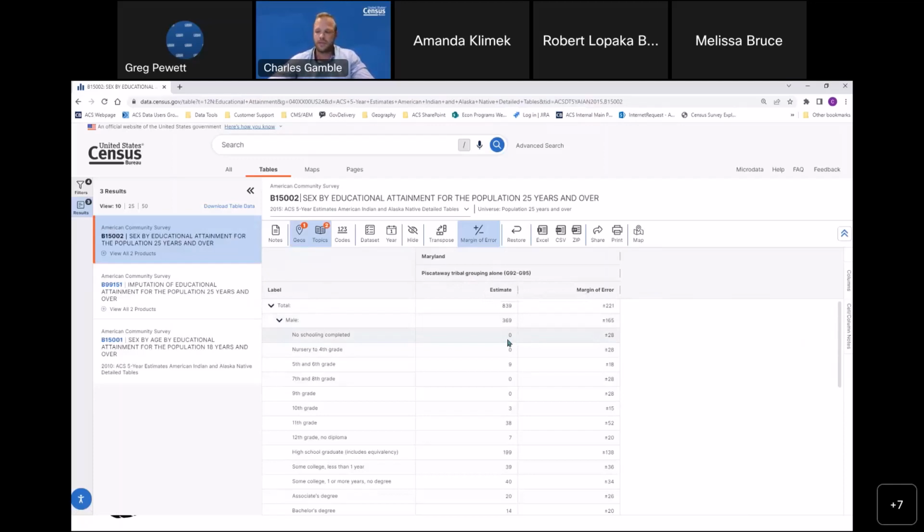So hopefully that's helpful to get you started on finding some AIAN information, different means through geography, through the race iteration as a whole of AIAN, and then specific tribal groupings as well. I'm going to get back to our slides now